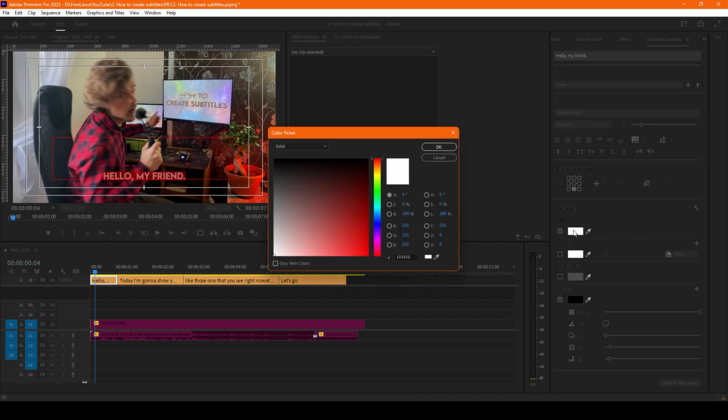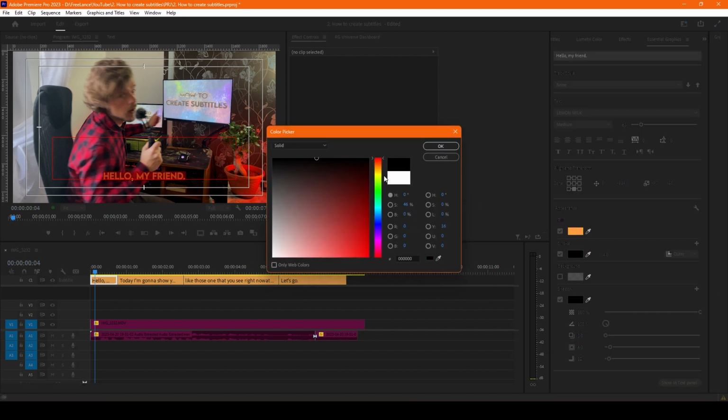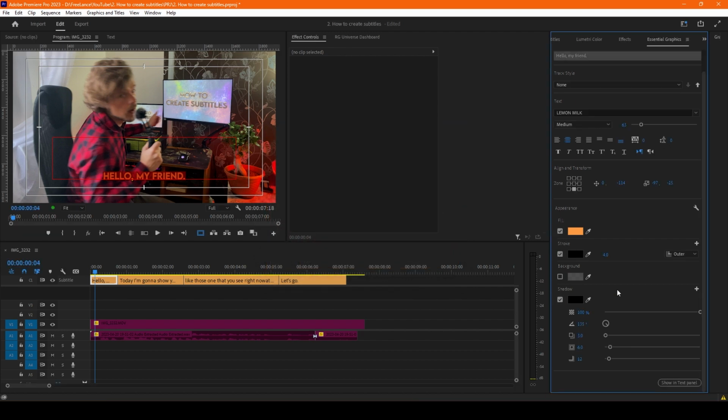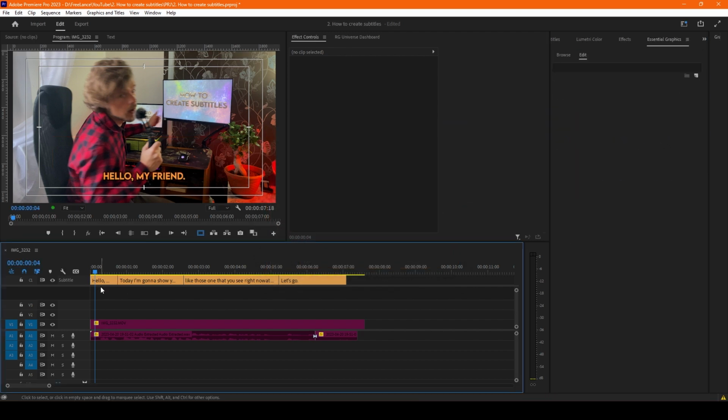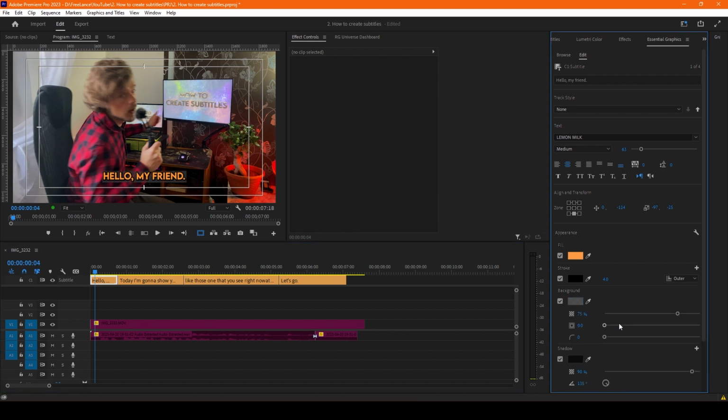After that we have color settings, so for example, I don't know, let's make it orange. Let's put a stroke on it, add some shadow. Yeah, something like this. You as well could add a background if you would like. Something like this, but I will not. And when you create everything,